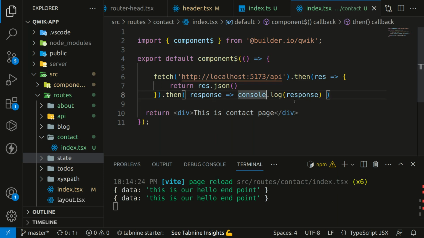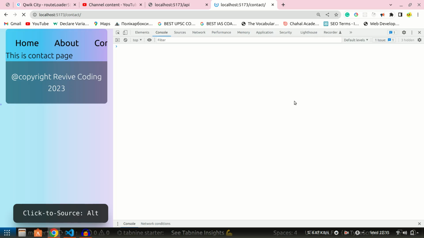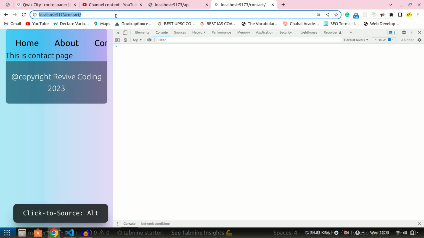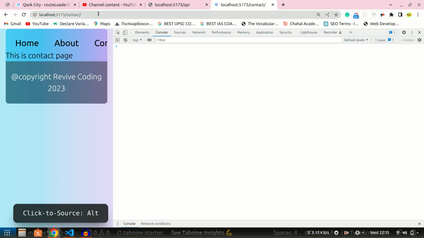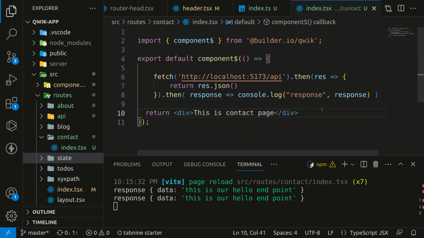Let's add something else here also. So let's first print a response string, and then finally our data, right? So now I'm just going to print this, hide this endpoint once again, and now you will see that this is the response and this is our data, which is now coming from here, okay? So what does it mean? It simply means that you can even store this data into your